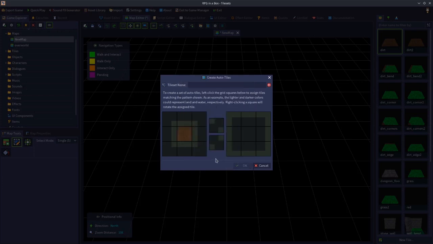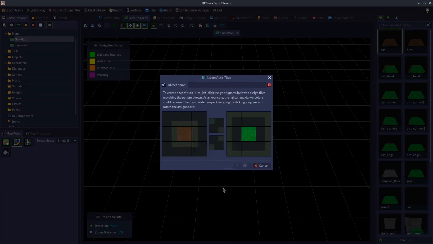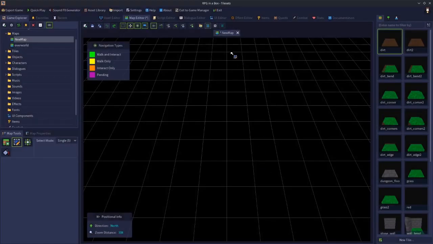And that places a visual representation of that tile on that square. I'm going to do the same thing on this side, except I'm going to click this square, and this is going to be grass. Click OK. Okay, I'm going to cancel that. Now, at the moment, as of version